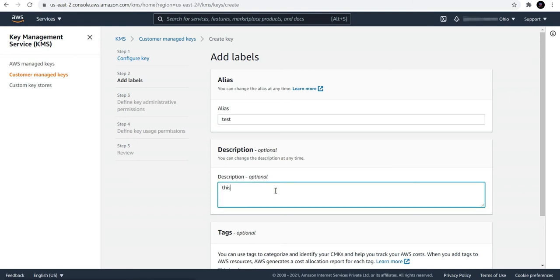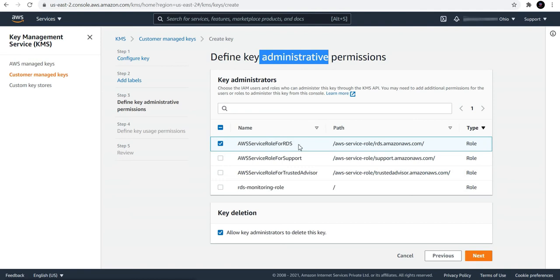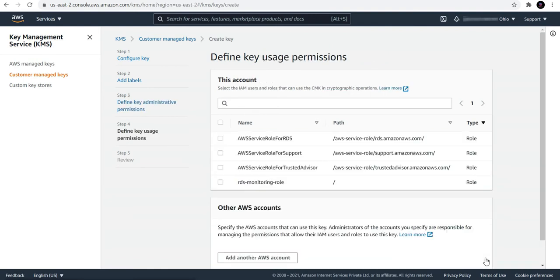Optionally, this is a test key because I have already created one of the keys. Here, let me define the key administrator permissions and take this AWS service role for RDS. And for key deletion, allow key administrators to delete this key. Next, key usage permissions.